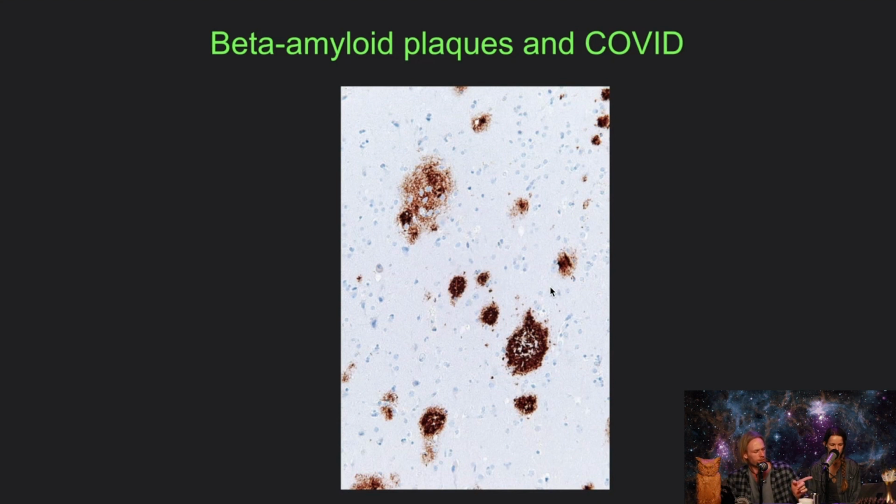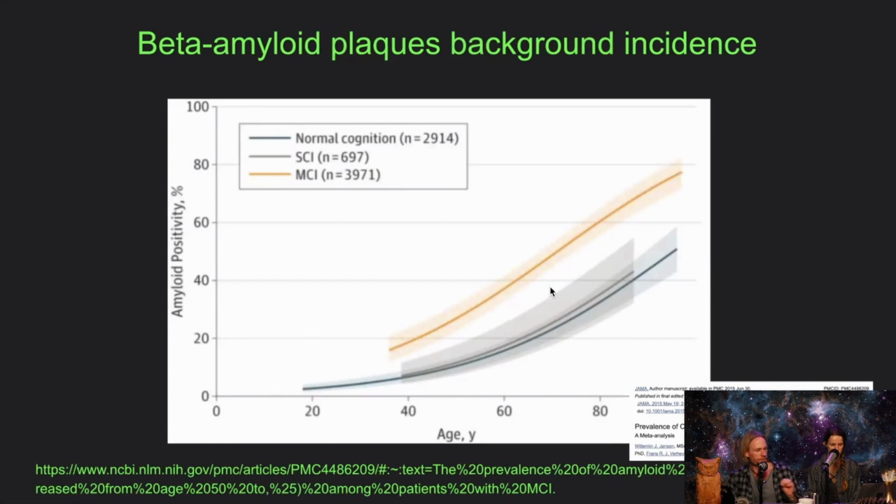But when you go and look at these plaques in the world, you find that most people are going to get these plaques if they live to a ripe enough age. What do these numbers and letters mean? Okay, so these are patients that don't have dementia. Obviously, we know...